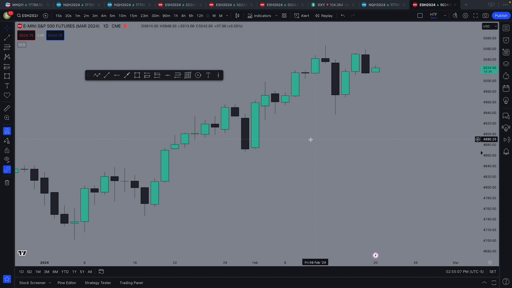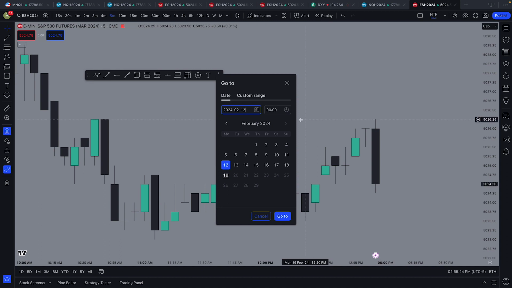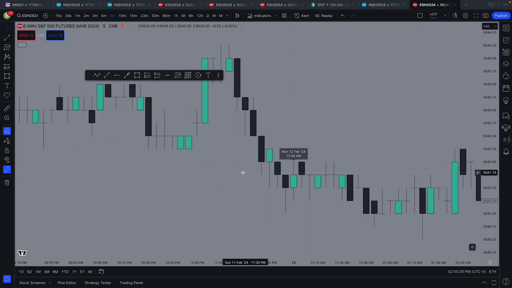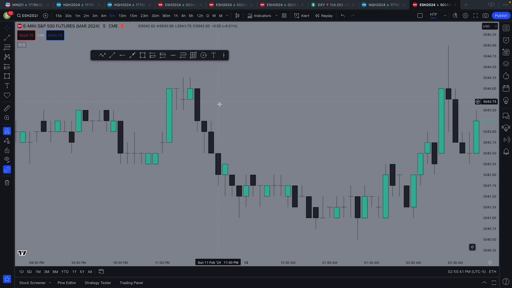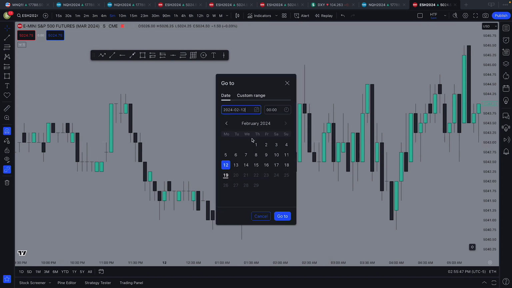But today what we're going to do is look at the E-mini S&P 500 and the NASDAQ future contracts for last Monday, in particular because I saw that two forms of my model that I use appeared in slightly different ways on ES versus NASDAQ, and thought it would be interesting to look at the differences and similarities to train our eyes in how to see the various ways in which price might present the models. So pressing Alt-G, jumping to